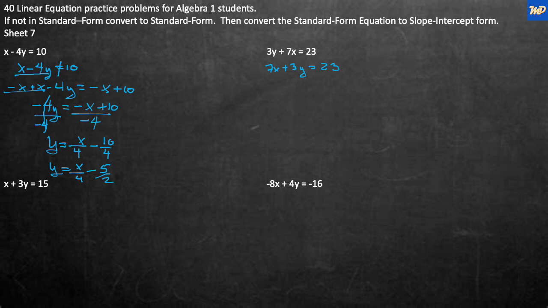We just have to go to slope-intercept. We have to move the x. And to move the x, we go negative 7x. Then we add this whole left-hand side in, plus 7x plus 3y, and that is equal to, I'm going to put the x in first, minus 7x and plus 23. Okay, now these are in the right order for the slope-intercept form, the 7x and the 23. The 7's cancel, and we end up with 3y is equal to negative 7x